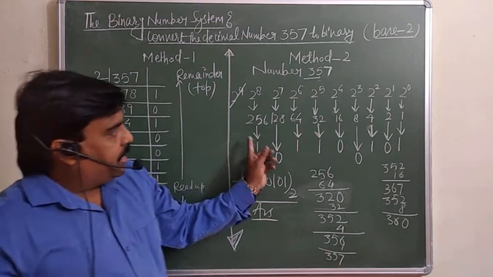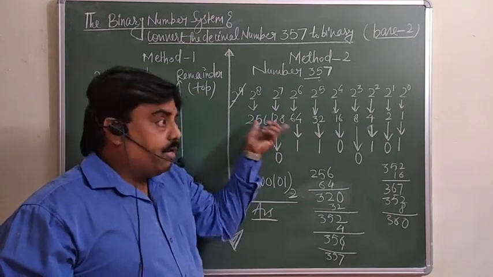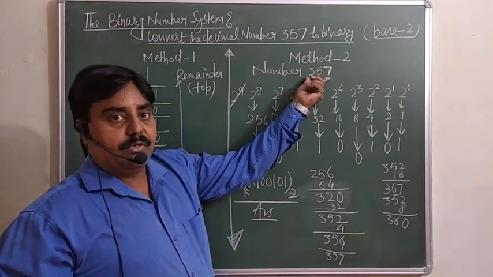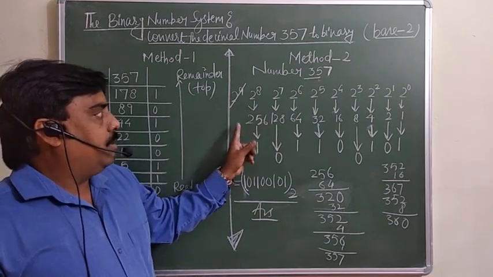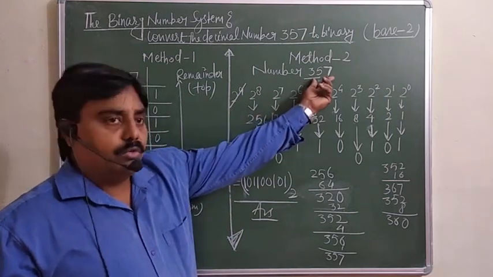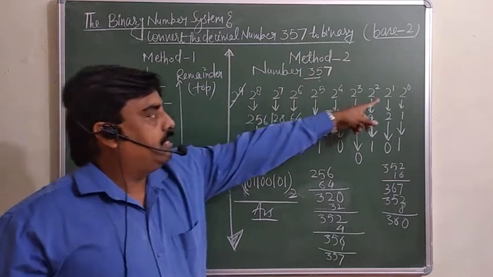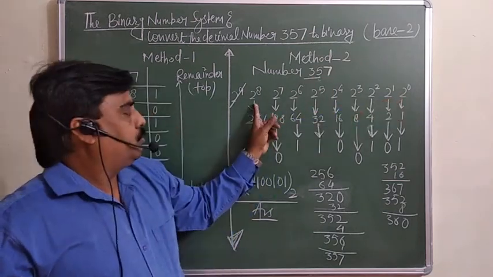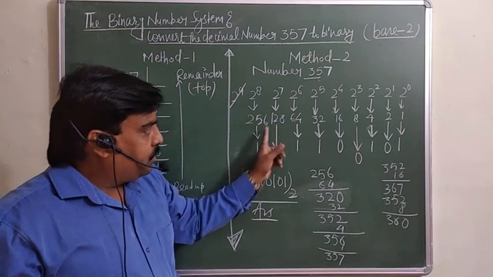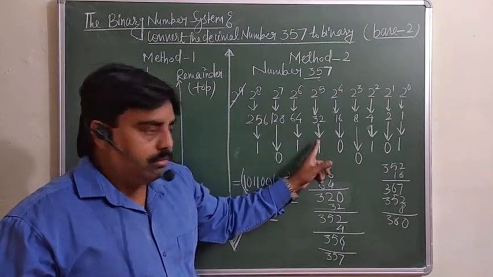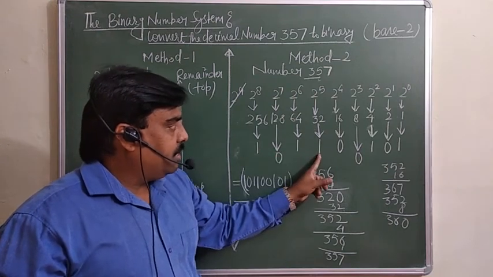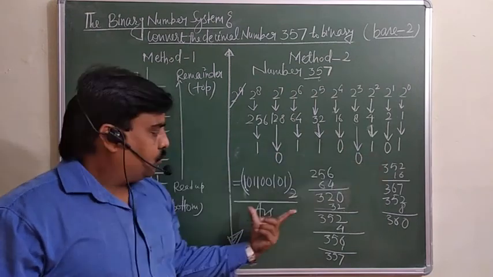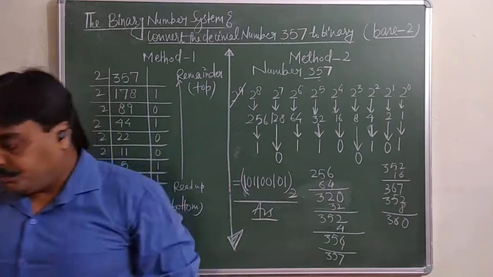तो हमें क्या करना है, उन्हीं नंबर को सेलेक्ट करना है जिनको ऐड करने पर it should not be more than this one only. And this number, इसके next number we will not write whose double of this is more than this one. इससे छोटे तक ही we have to write, we will start from the 2 up to this one here only. Then the number which we are going to add, we give 1. We are not going to add which cannot be added, we will give the zeros here only. So this is your second method. Have a look.